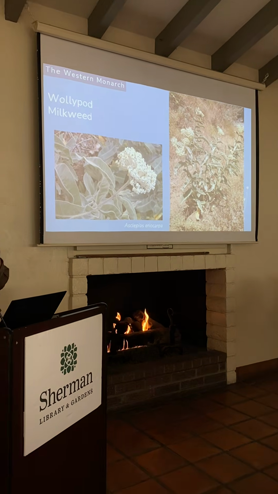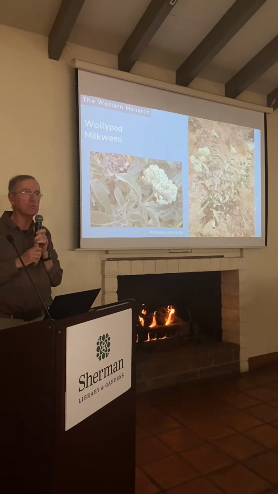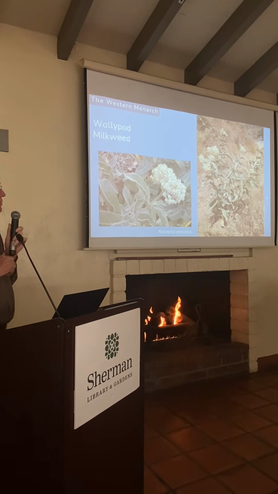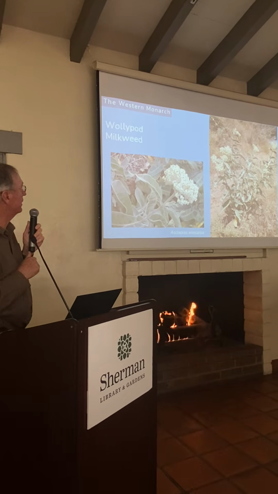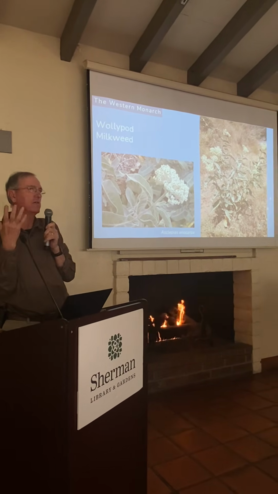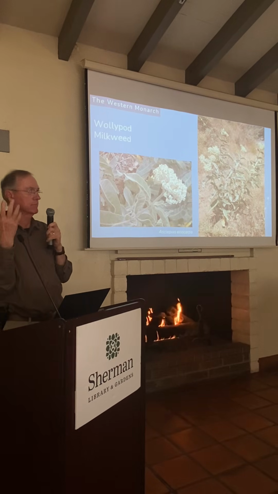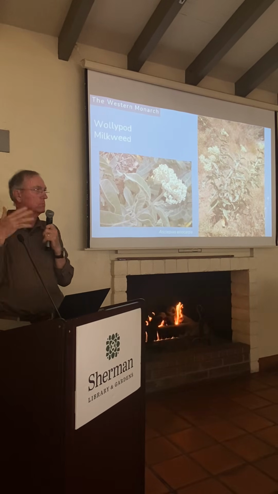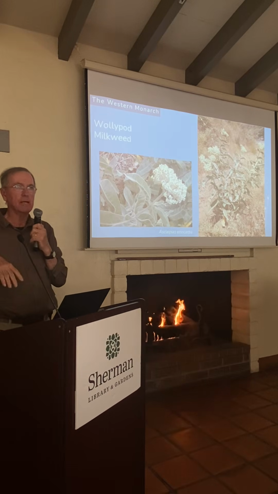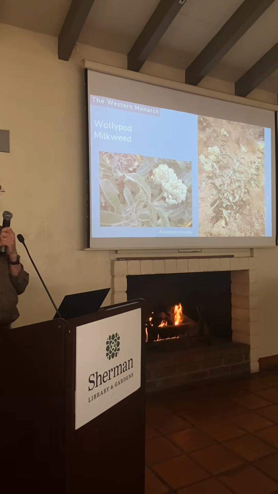This is the second most likely species to be found in Southern California. This is the woolly pod milkweed. This one is Carpa. And it has, in some ways, more of the classic milkweed appearance that maybe you remember from books and school, and has a felted leaf, a very hairy leaf, a fat leaf. It's around, and if you know where to look, you can sort of find it in the wildlands, but not nearly as common as the narrowleaf.